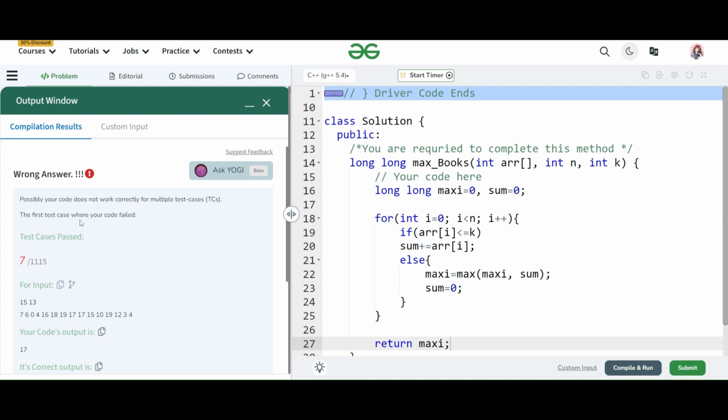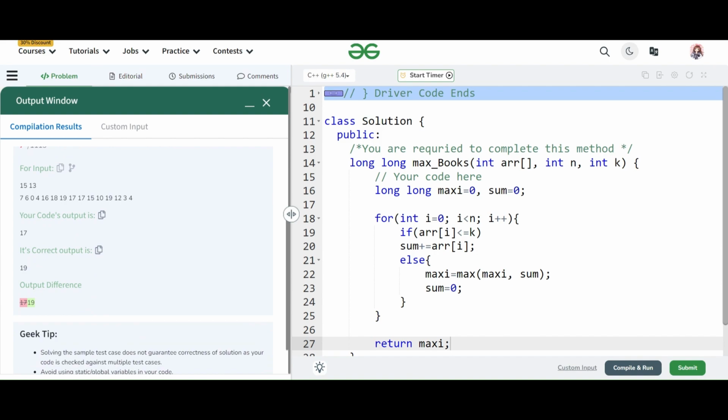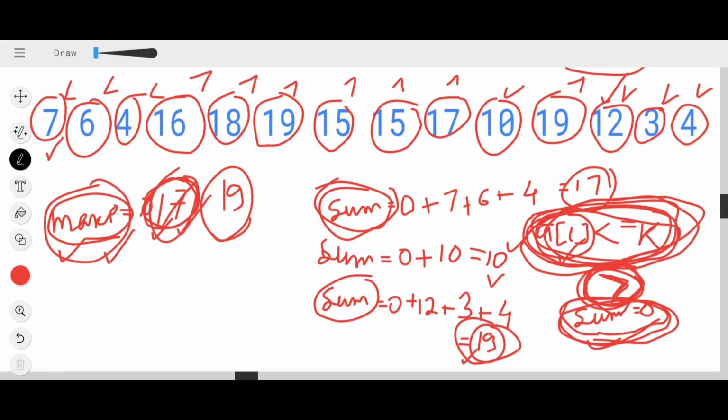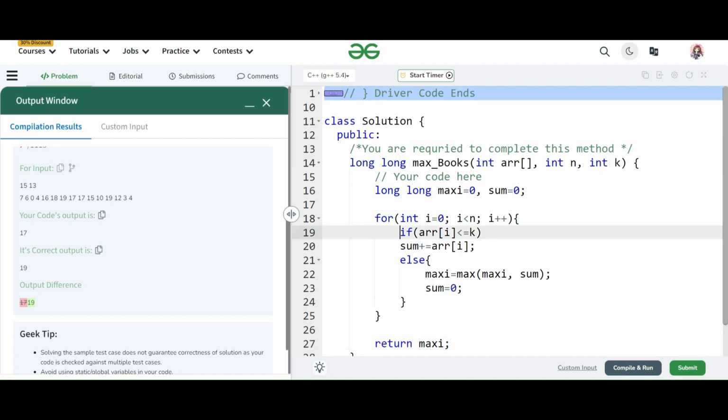So why am I getting an error here? Because at the end, I am summing up the last sequence. After summing up this last sequence, I am exiting from the loop because my maxi update is in the else part.